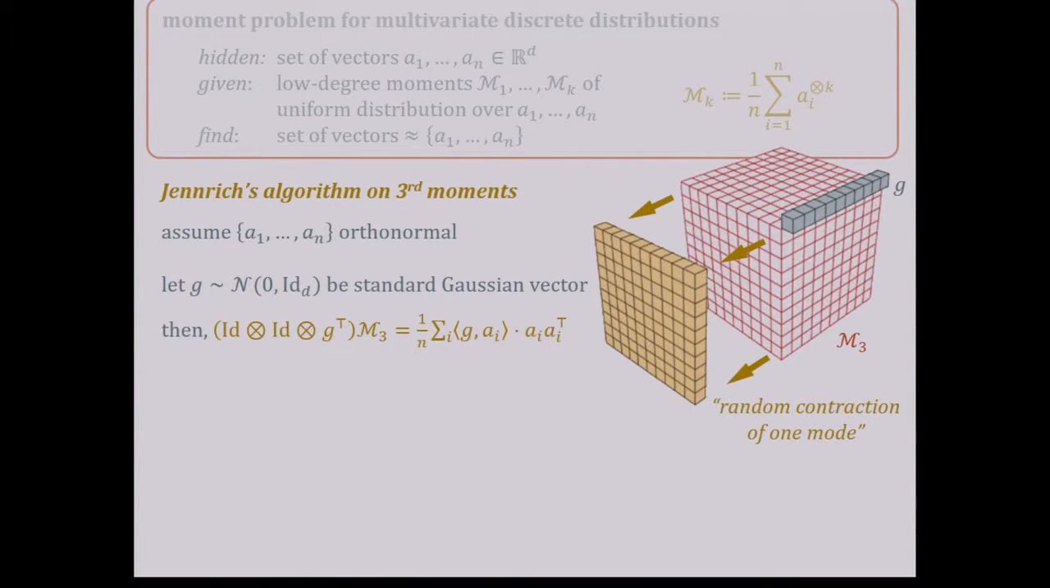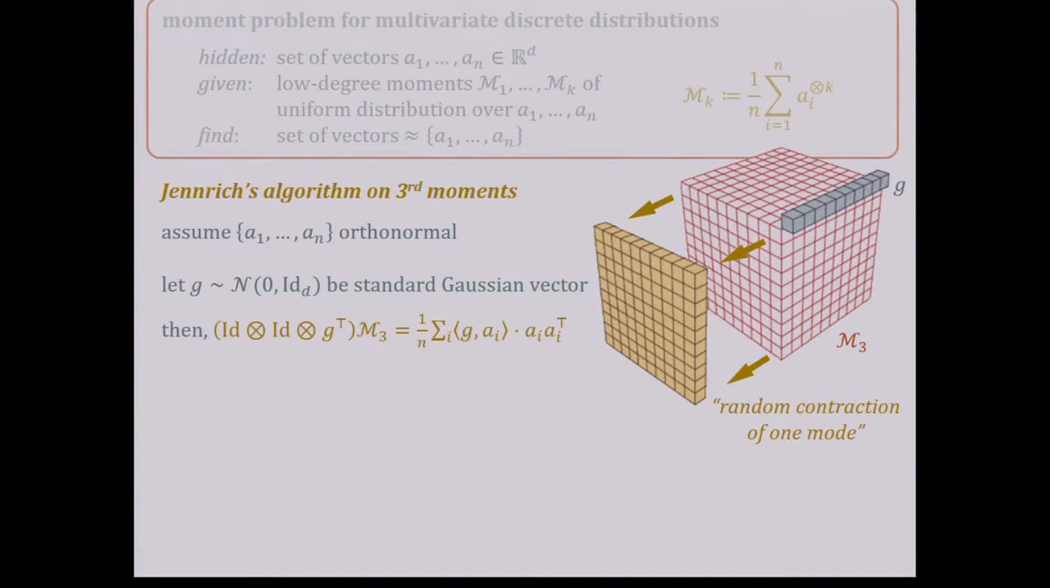Now this operation is called a contraction, because you contract one index using this vector g. Before you had 3 indices, and afterwards you only have 2 indices. As a linear algebra operation, you apply a linear transformation to the third moment tensor, where you don't do anything to the first 2 indices, and you apply this linear functional g transpose to the third index. And the resulting matrix,